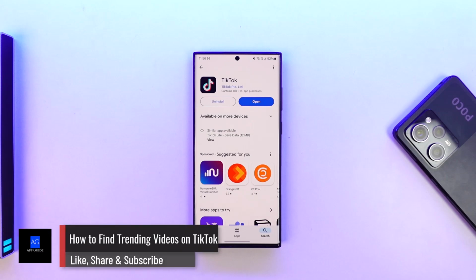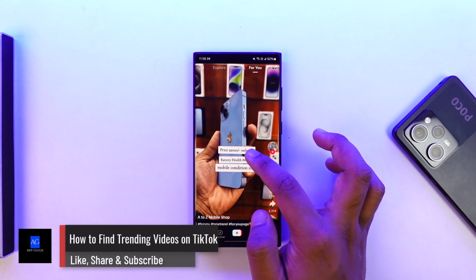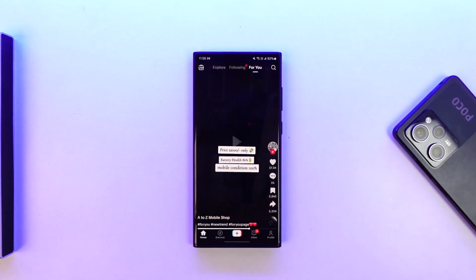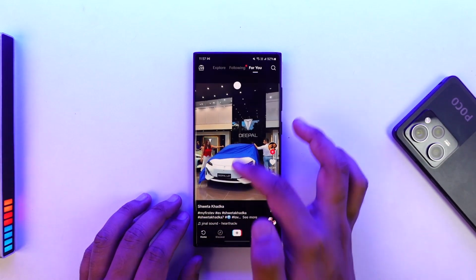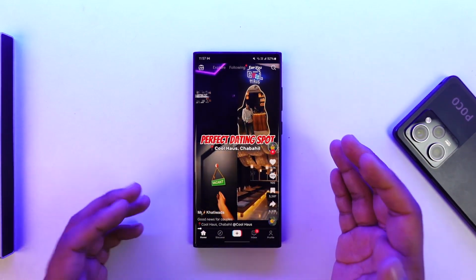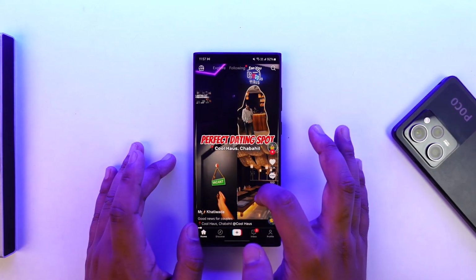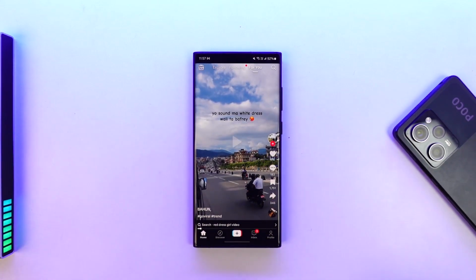How to find trending videos on TikTok. So if you want to find trending videos on TikTok, like the way that you do on, let's say, YouTube or anything like that, how do you find it? Normally when you're on the search page, this is the type of interface that you will see. TikTok will already show you the list of videos that they think is reliable for you or relatable to you